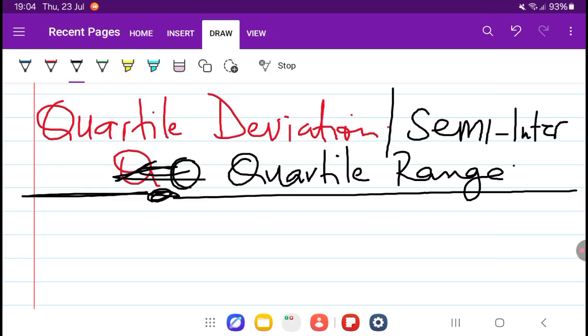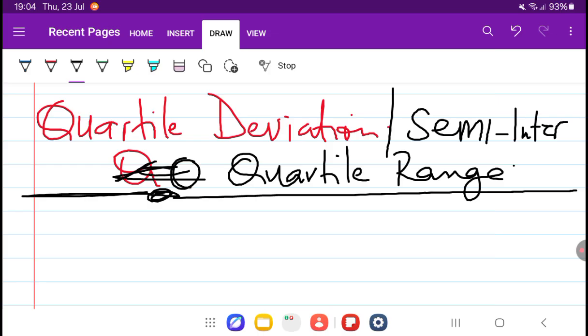And we said that positional means we cut out the arrangement and then we look at the position of that. Sometimes they may call them the semi-quartile range or semi-interquartile range, but whichever aspect,